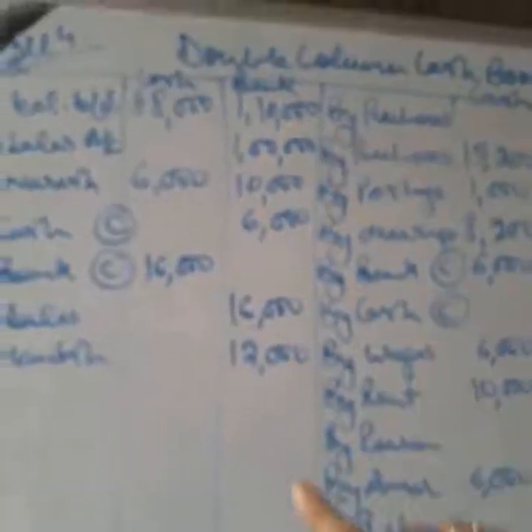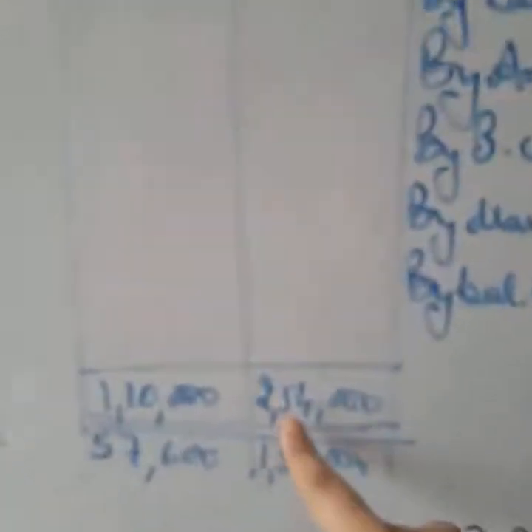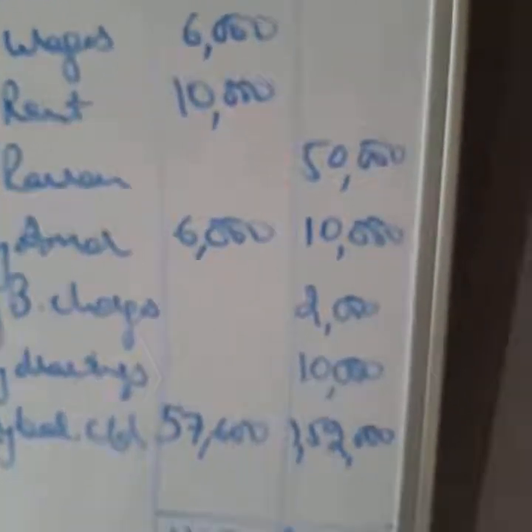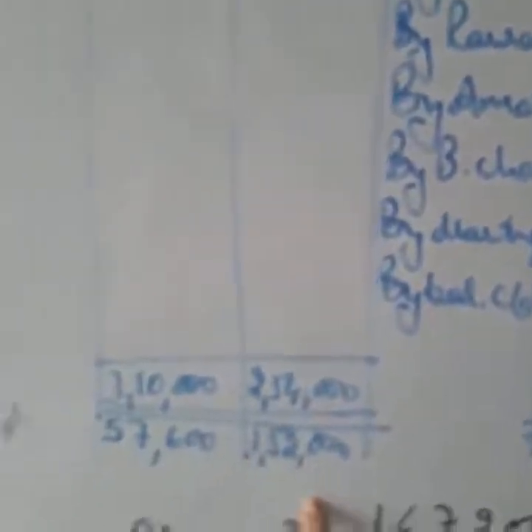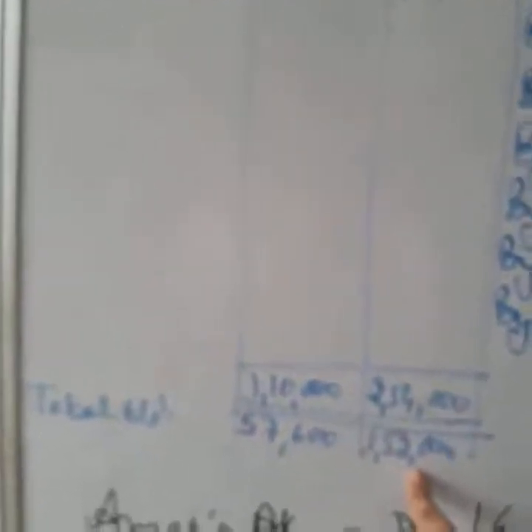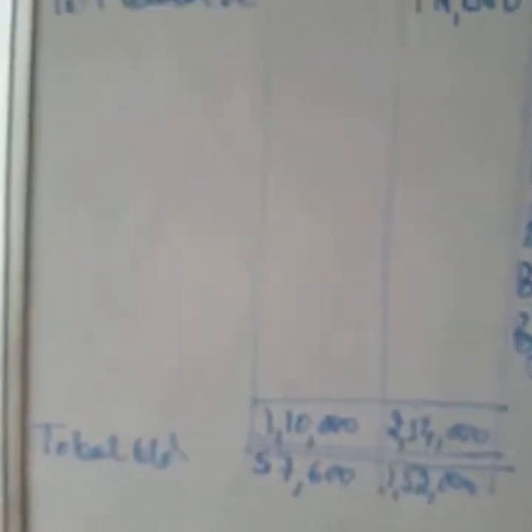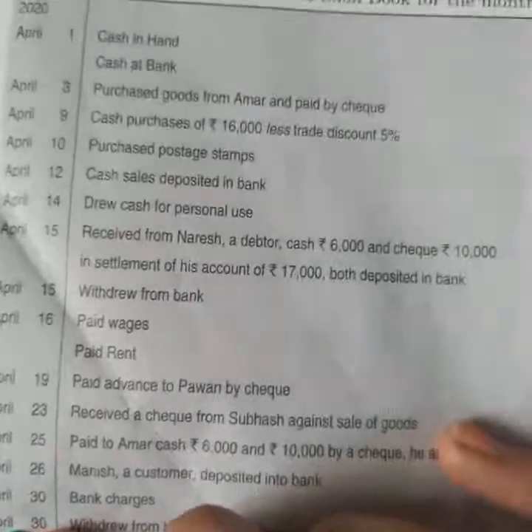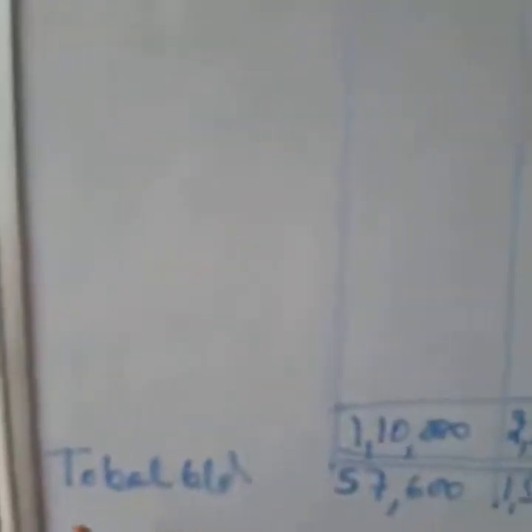So we'll make the total of bank column. Again, debit side is greater in this question. It's 2,54,000. We'll write the total on both the sides. We'll find the difference on credit side. The difference is 1,52,000, it is by balance carried down. This carried down balance will be brought forward, and we'll write to balance brought down on the first day of the next month. So the last day of this question was April 30th. So next month is May. So here we'll write May 1.